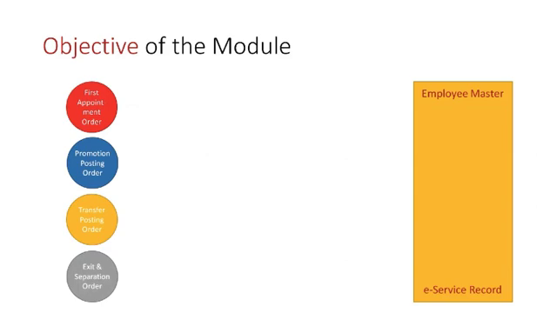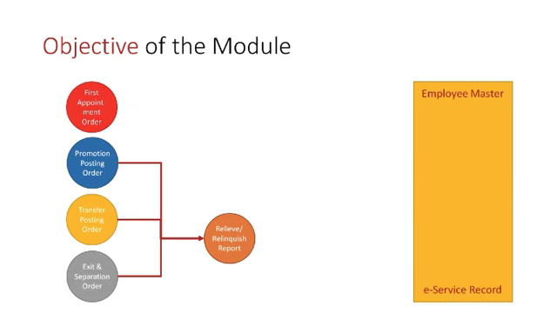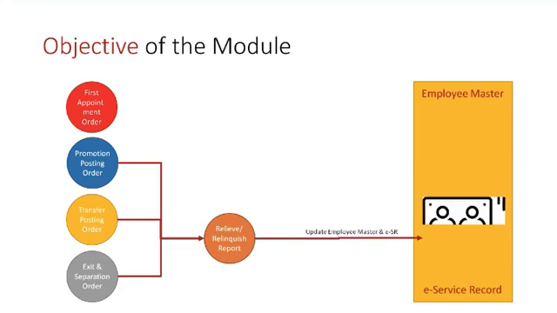So these four types of events we have talked of, career events. These are events, whether it's first appointment, promotion, transfer, or exit. For the last three events, transfer, posting, and exit, from where the person is transferred, the trigger is his date of leaving the place, whether it be relinquishing, a release report, or a combined report where a new person joins and somebody hands over, taking over report, what we call it. So when you get that date and that date is entered in the system, that's the trigger for updation of our data of employee master in ESR.